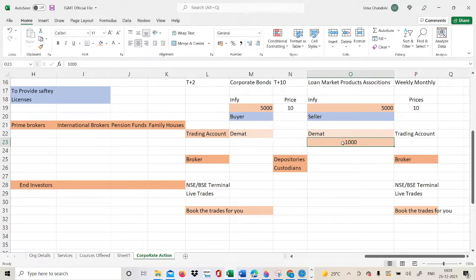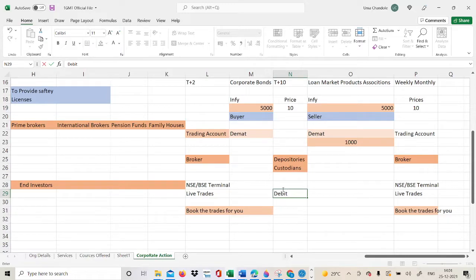But when the seller sends the instructions to sell the securities, and you have an open order where the buyer is looking for the same quantities at the same price, what you can do, as a broker or the desk team, is send the same instructions to the custodian stating: please debit the positions. Or else they directly make an entry in their books of account, for the seller and buyer.